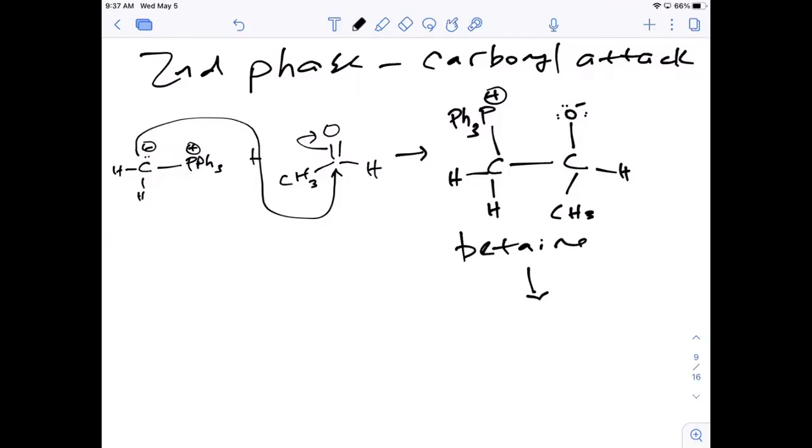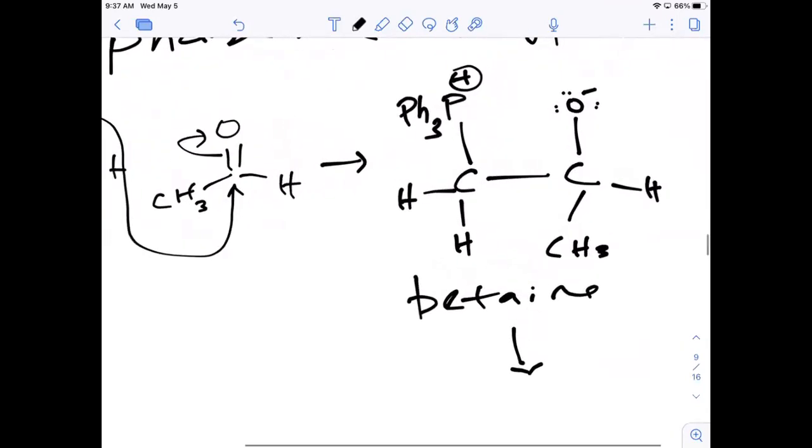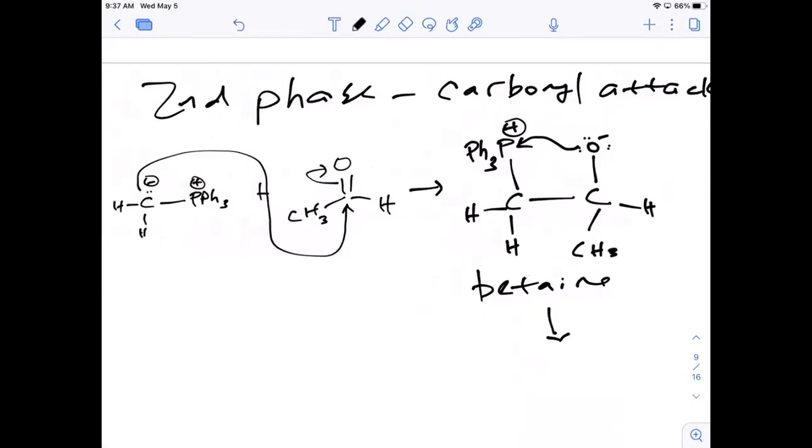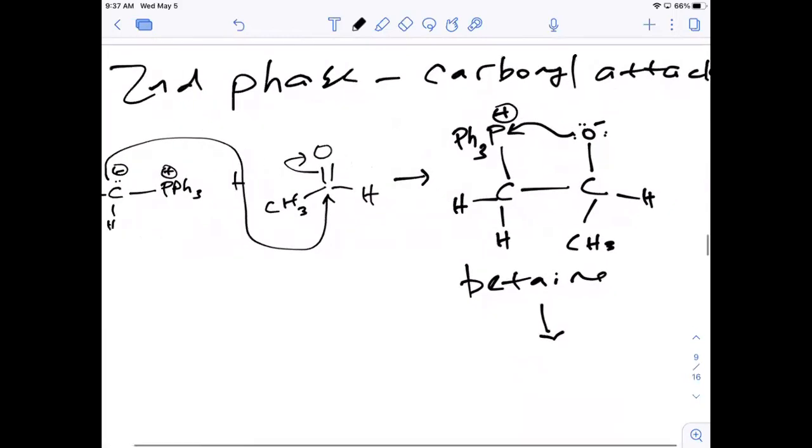So if phosphorus is your electrophile and oxygen is your nucleophile, what do electrophiles and nucleophiles do when they get around each other? They react, just like the carbanion over here reacted with the carbonyl. So this actually closes up,